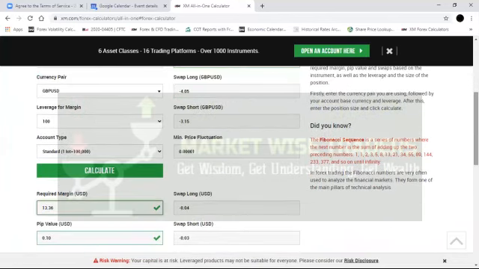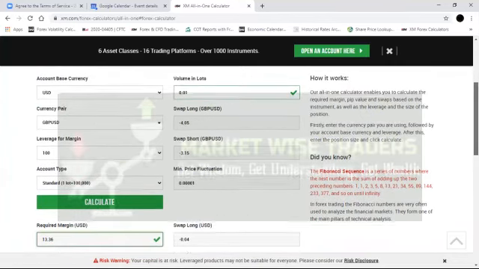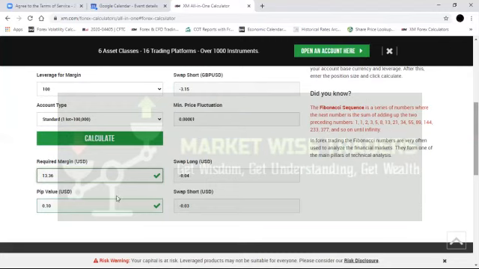So if you're going to enter pound US dollar, you must look here to say, all right, if I'm required $13.36, 10 cents a pip, how many pips is that? To me, that looks like 133 pips will get this to 0. So you want to look to say at least 40% of this required margin, because that's your stop. You understand me?